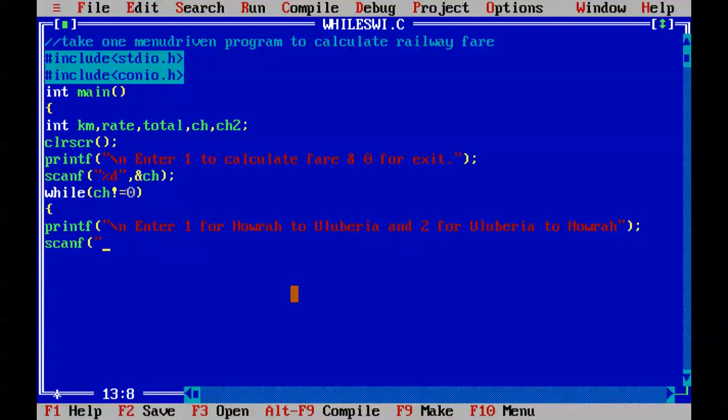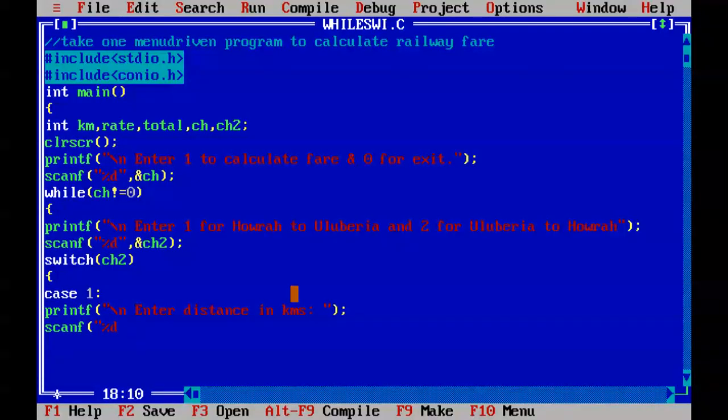Scanf %d, &ch2. Now take the switch case ch2 as the input. Case 1, printf, enter distance in kilometers, scanf %d, &kilometer,